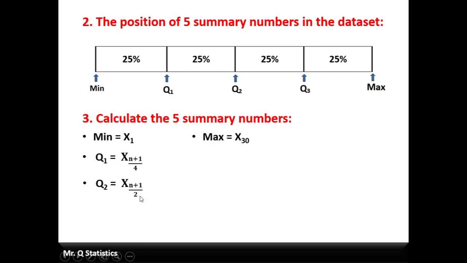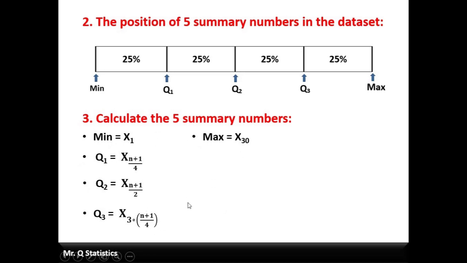Finally, Q3, you can see Q3 here. It is located in the next 25%. You can see the position of Q3 is 3 times higher than the position of Q1. So the formula of Q3 is exactly 3 times the position of Q1, which is x of 3 multiplied by (n plus 1) over 4. So after writing these formulas,